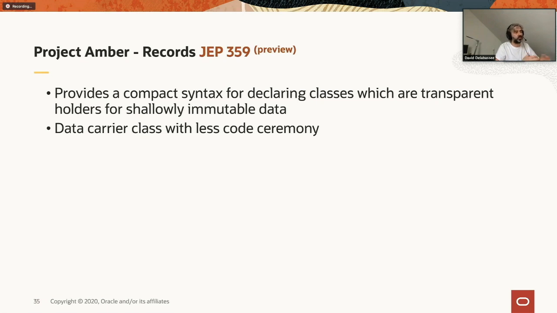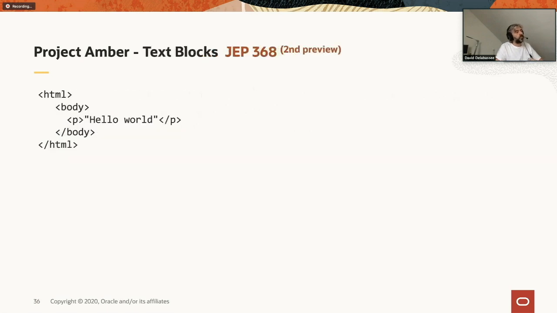You will see that it's very simple on one hand, but very efficient on the other. Something else that is coming from Amber is text blocks. Text blocks are multi-line string literals. Take the following example. You want to store the HTML that we have on the left side.